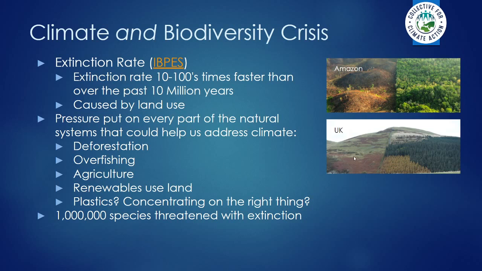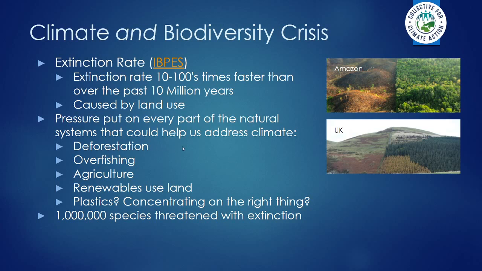And when you look at areas like this in the UK, it does resemble what we've seen in the Amazon, for example, but we're just so used to seeing naked hillsides. But these are things that we need to sort out, because as I said, we need to have really strong, robust natural ecosystems, because they're going to have to weather the storm of a changing climate that's happening more rapidly than nature has ever seen in the past.